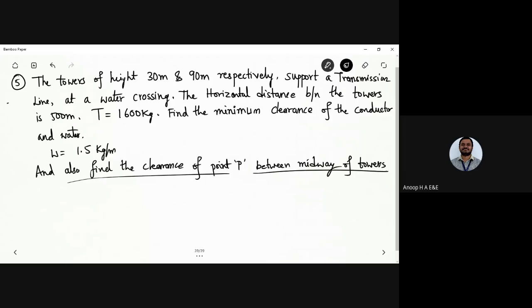You will be getting the value of X1 to be positive, somewhat around 122 meters, and X2 somewhat around 378 meters. Just verify X1 and X2. The same way we solved the previous one, you are going to solve it here also. I want this problem to be solved by Janavi. Solve this problem and post it in the group.